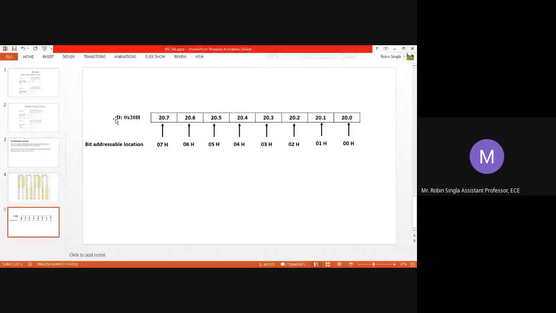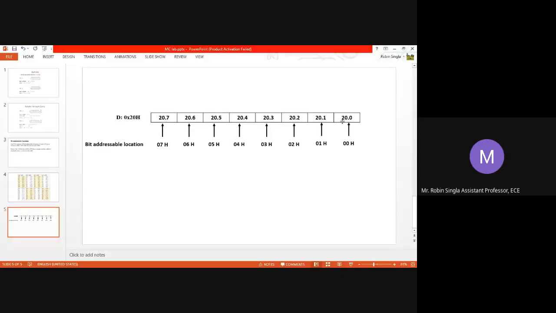So this is how it is visible in your Keil software. If we open a memory window, this is the address for a memory, D:0x20H, and now the 20H memory location is of 8 bits. First is 20.0, up to 20.7. This is your byte memory.